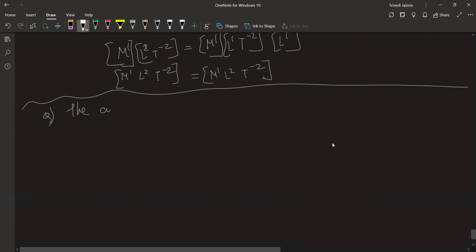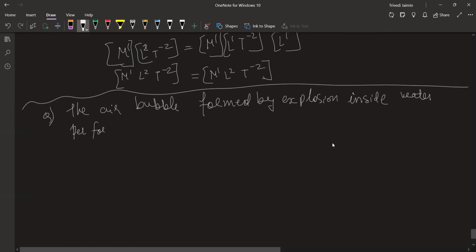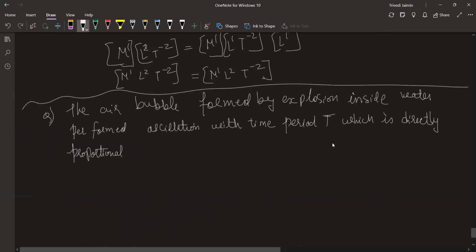Yeah, let's solve this question itself. The air bubble formed by explosion inside water performs oscillations with time period t, which is directly proportional to